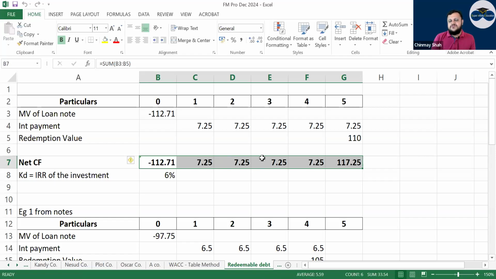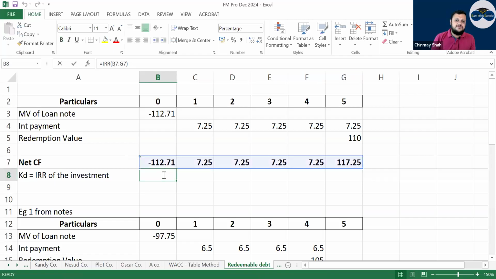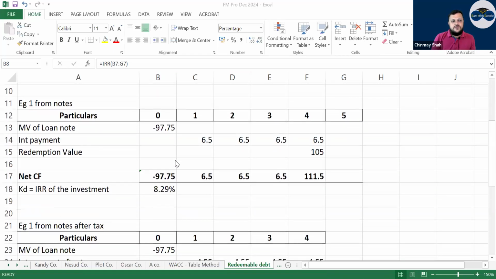That means NPV should be equal to 0, which means you have to find the IRR. So equals IRR, the formula I had given. This works for Section A or B, right? You can go to Section C and do it too. I don't have a problem. Copy the answer here, no issues. No one will have a problem. But when it comes to